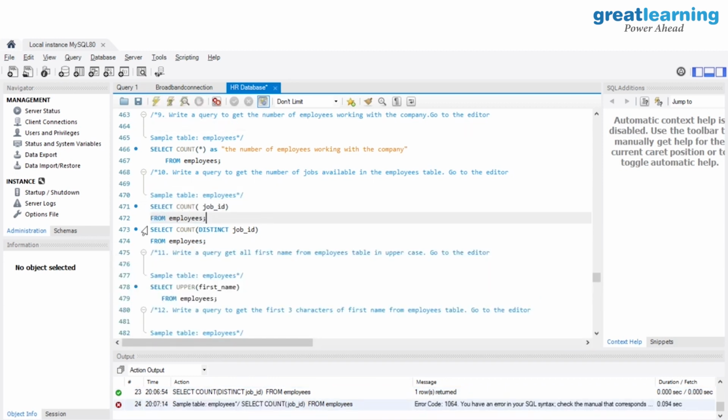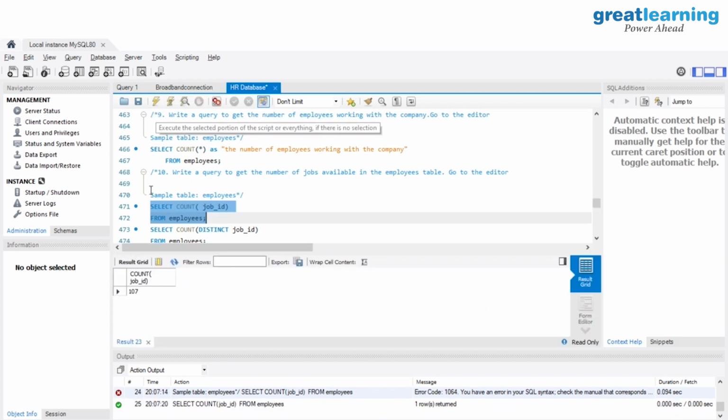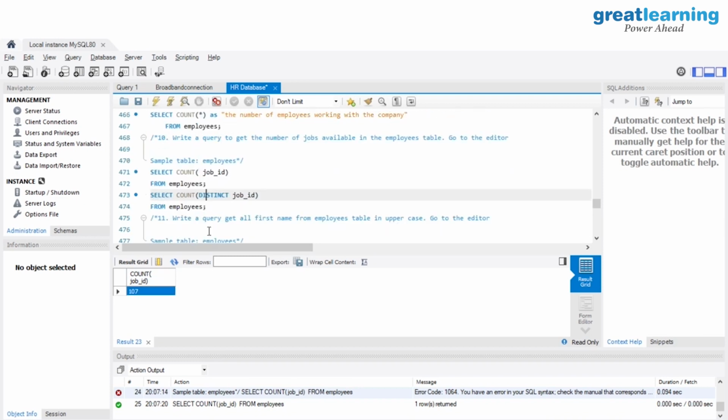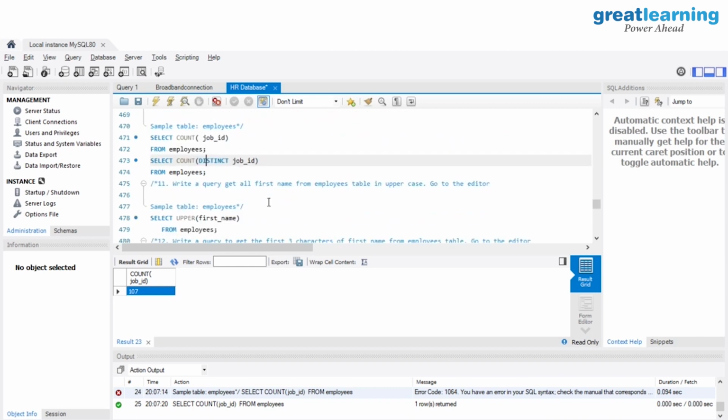Okay. I got an error. Can you see the total job ID we have, that is 107. That is obvious, as we have 107 employees. They will have different job IDs and there will be repetitions. But here I want all the unique types of job ID, and that's why I have used the distinct function, right? Okay. Now we will move into the